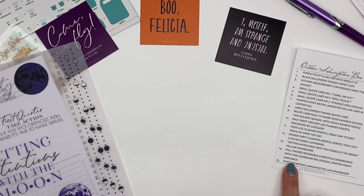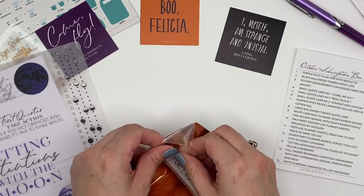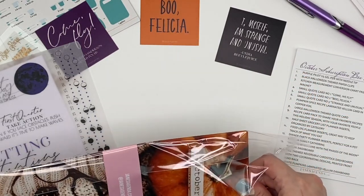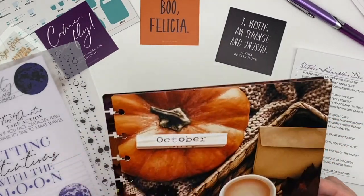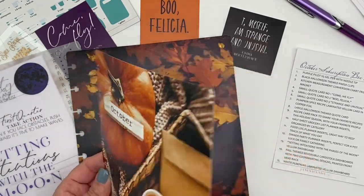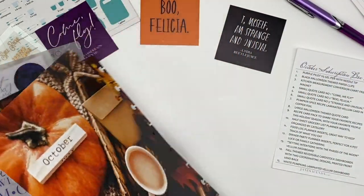back, and that is this pack right here. And look at that. How pretty is this? Oh my gosh, I am loving this. I love these dashboards. Oh, I love them. They feel so nice. They're cardstock, but they have a sheen to them, and they're so nice and durable. I love that. And look at the back side. That's really, really pretty. And then here's another one, which is the same, but look at,